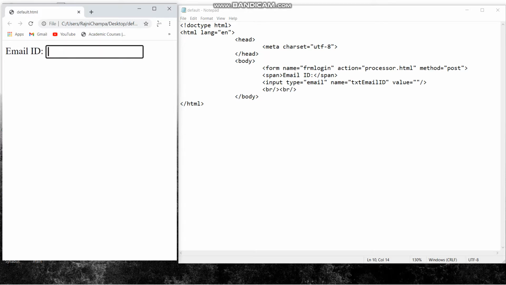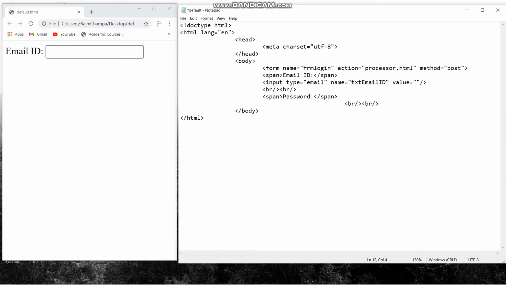So after this, within the Notepad file, I have to create a password field. It is just a simple form to show you how the pseudo class selector works for the user interface. Then within the span tag I will write password with the colon and span tag close, then input. I should copy the break tag here, and then after the span tag